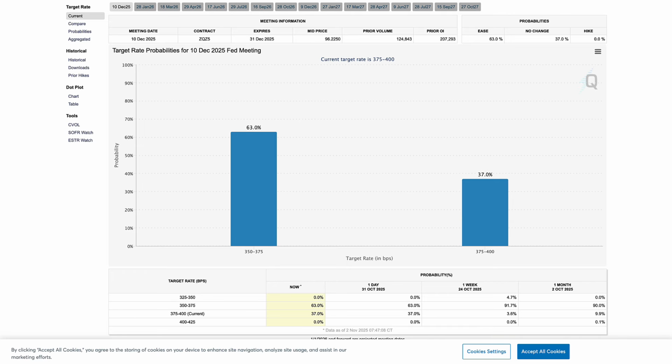But you can see last week the market was pricing in a 91% chance of a cut. And now this week, from the end of the week on Friday, it's now a 63% chance of a cut. So the market's pricing out cuts, meaning they're less sure whether the central bank wants to cut rates and basically devalue their currency, right?